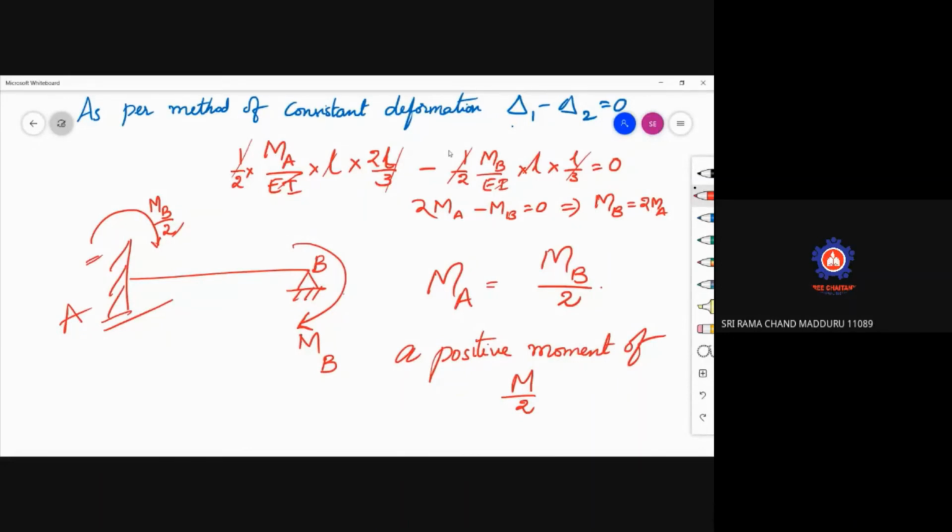So that is the main point we need to understand. When a moment is applied here, half of the moment will be transferred to the far end. How this is related to the moment distribution method, I will explain when we are solving the problem. Just remember this one. So theorem number 2,